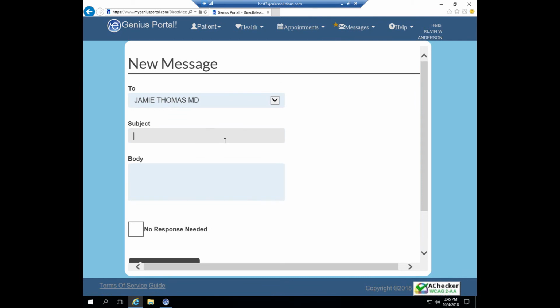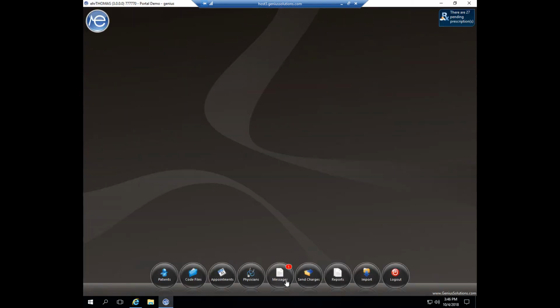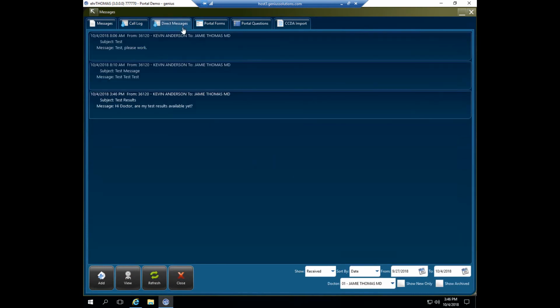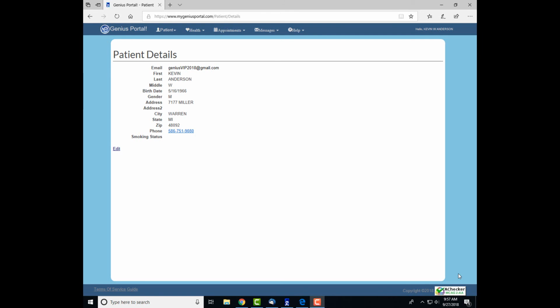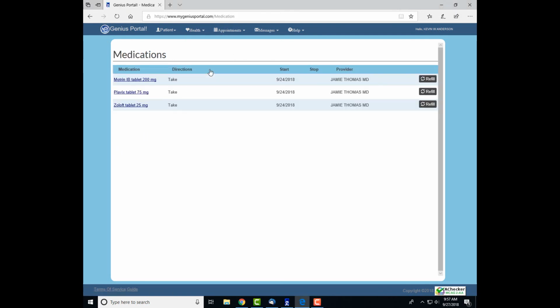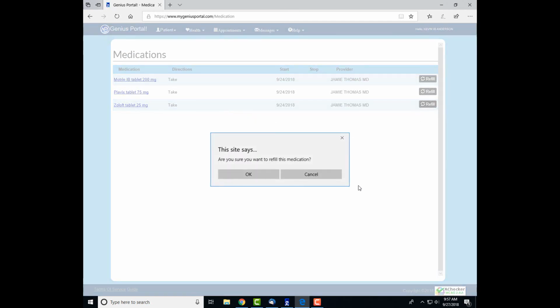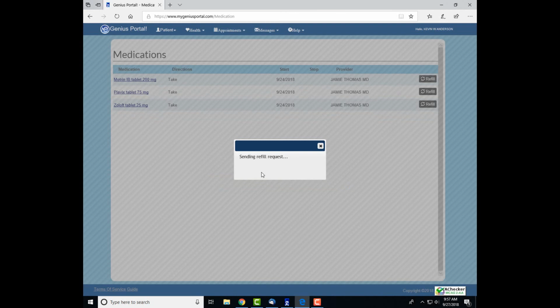Patients can send direct messages to the provider through the portal. The messages sent will come through into eThomas, where the provider can read and reply to the messages. Patients can send a refill request to the provider office, which will be delivered via direct message. Once the provider replies to the request, the patient will receive a notification leading them to the Genius Portal direct